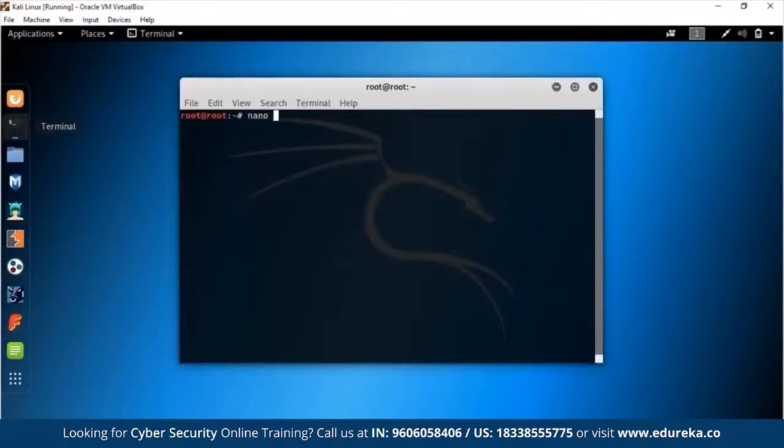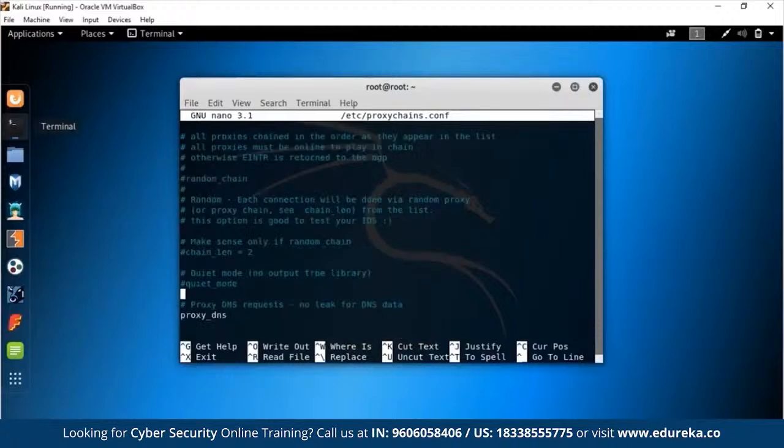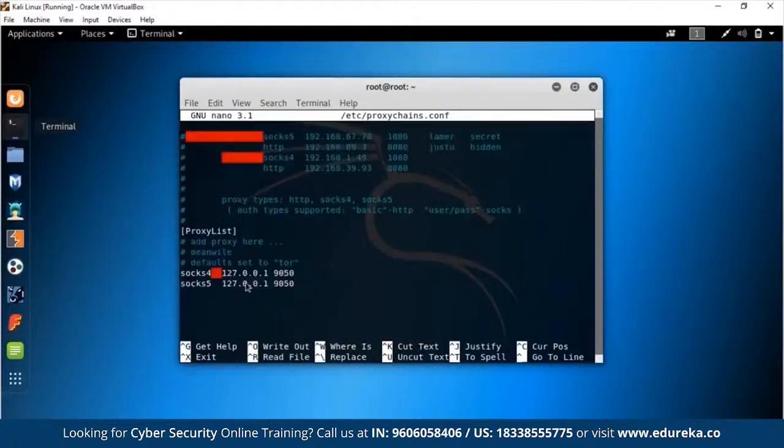You go nano /etc/proxychains. So you basically have to go into the proxychains config file. Okay, so I think I have to put this again. Yeah, now if you go in and edit out here, all you have to do is set up dynamic chains, and you can go online and search for free proxy lists, and that'll give you everything from the port number to the IP address. Let me show it to you.